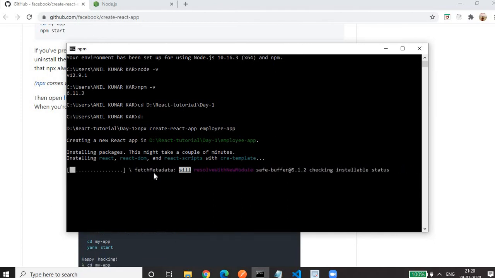It will install. So these are installing the packages. So in the meantime, React.js is a component-based language. So everything in React.js is a component. So we'll divide our entire application into small components so that it will be easy for maintenance.